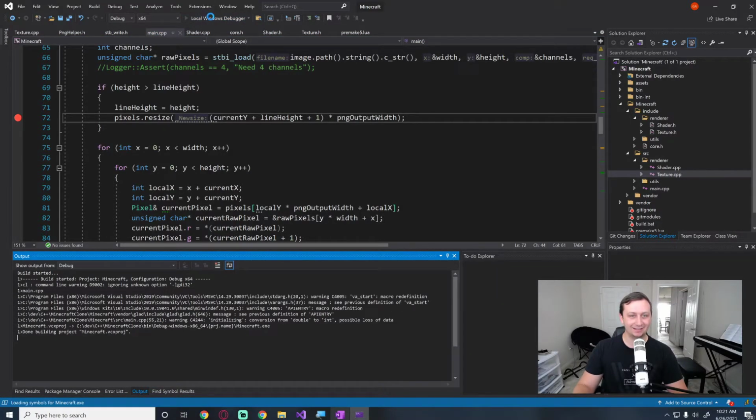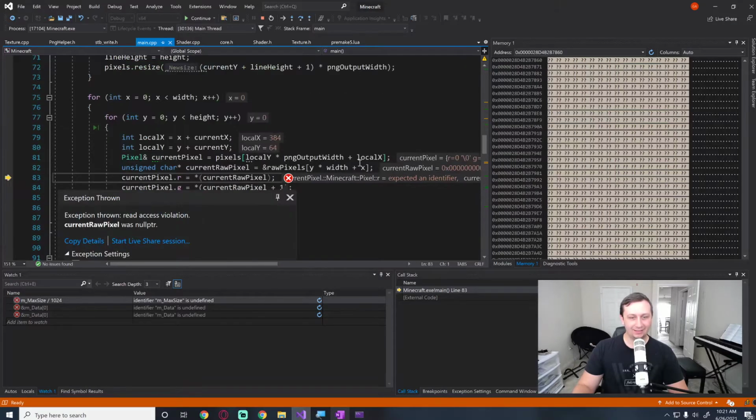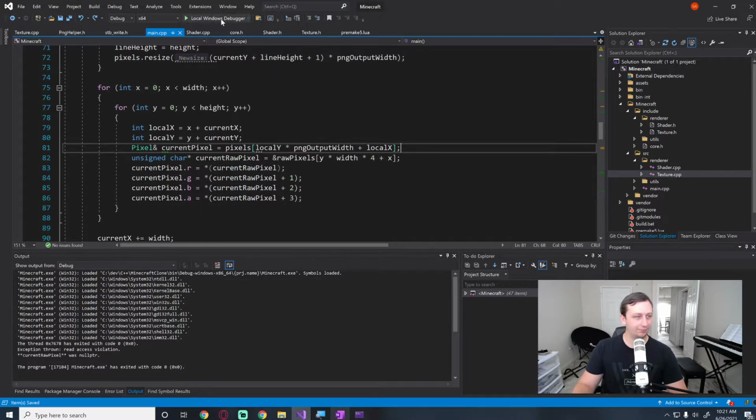Let's see if that fixes it. Oh man, it was an off by 1 error. Okay. And then we get a null pointer. So then we're just miscalculating this guy. We say current raw pixel is y times width plus x. Does that sound correct? And then we're getting a null pointer. No, it is not correct, because we're forgetting to multiply by 4. Y times width times 4 plus x, which I think would make it worse, but